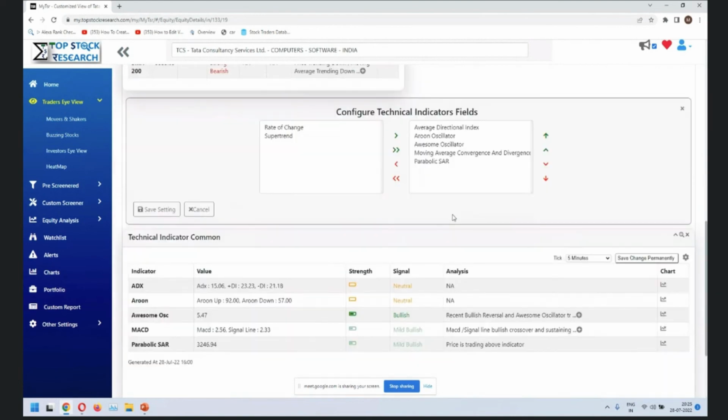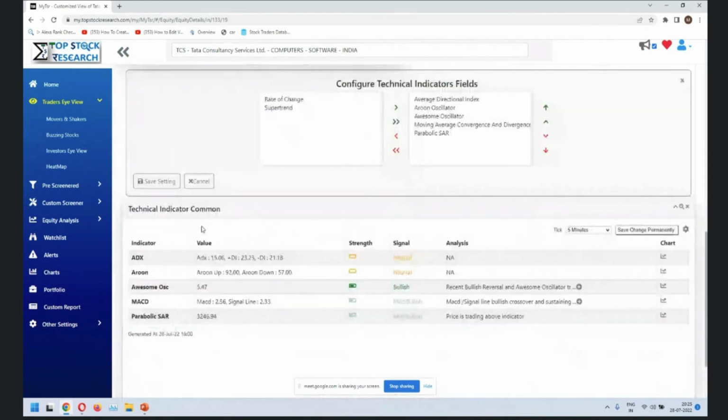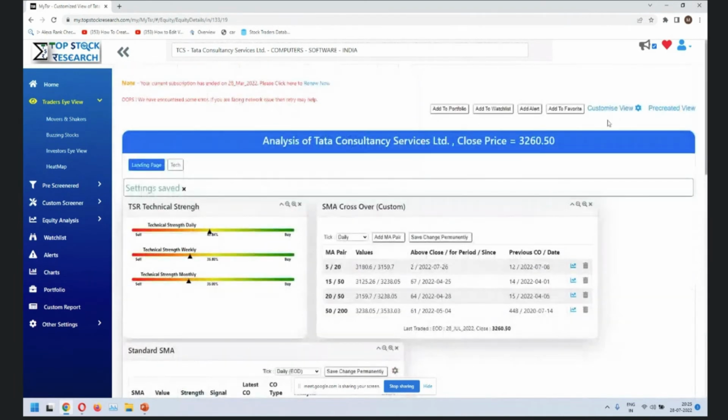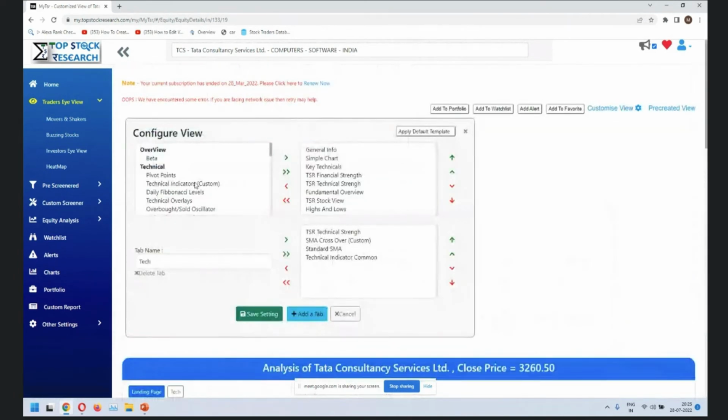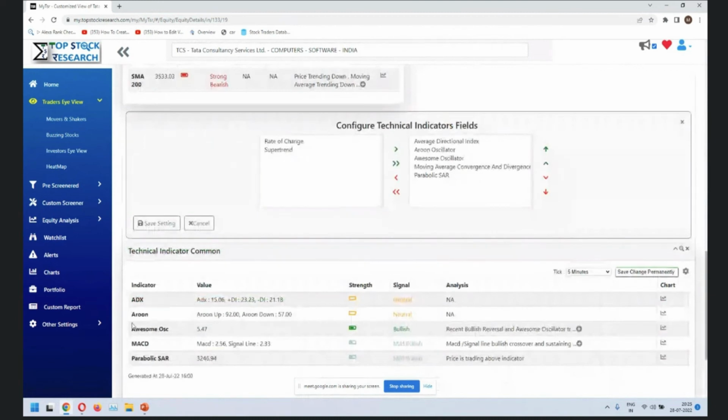And apart from this, what you have is basically another view. So in this, what we have seen is this view, what you want to see, the trend strength, brief commentary about it. There's another view which you can do on technical, wherein technical indicator custom is what. So this is pretty much standard, right? When we say this is pretty much standard, the ADX uses the standard, MACD uses 12, 26, 9, things